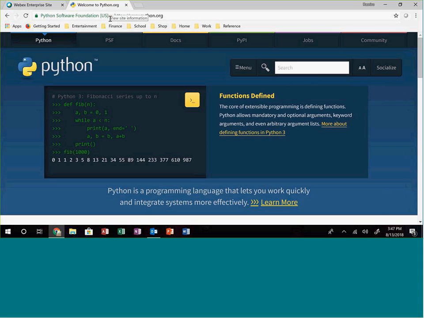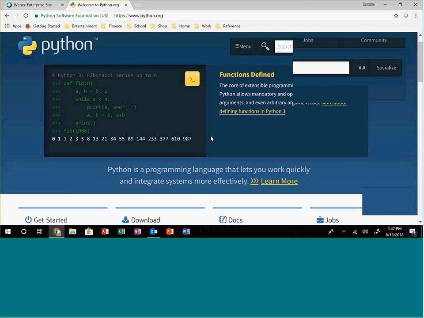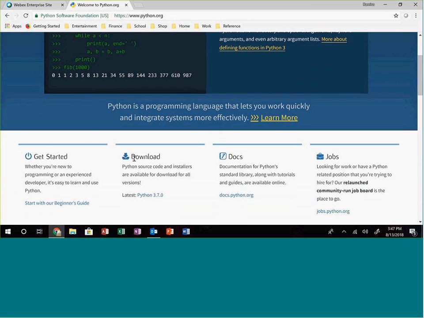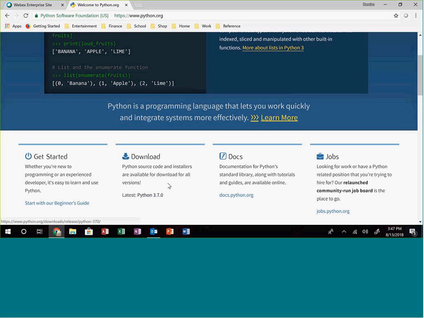Now, there is a place where you can go to download this. You scroll down to the bottom, you will see this link called download. The latest version of Python as of today is 3.7.0. At Hallmark University,